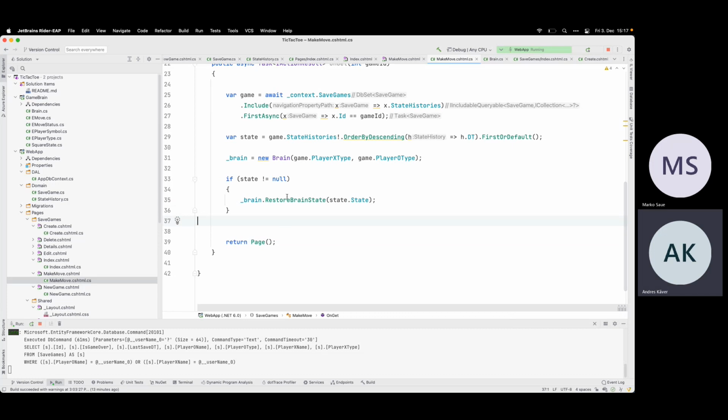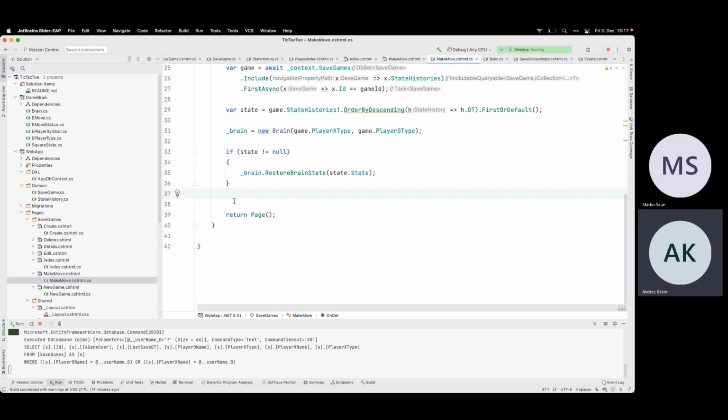In any case, if a move is already made, then we already have it on the board. If it isn't made, then the brain state will be an empty board, so we can anyhow draw it on the screen. We have what, 12 minutes, yeah?